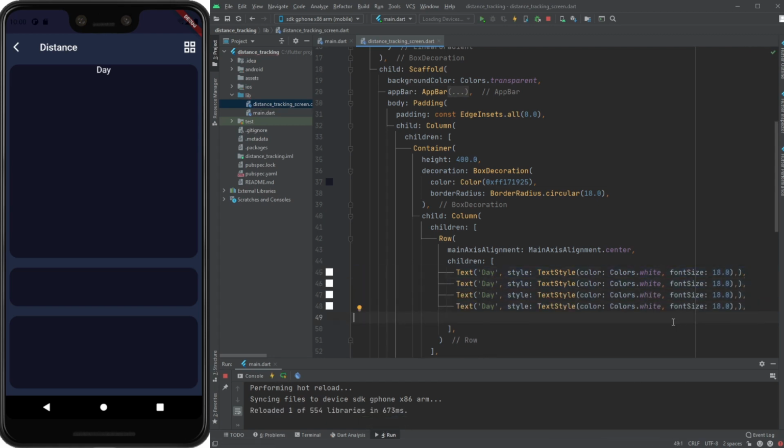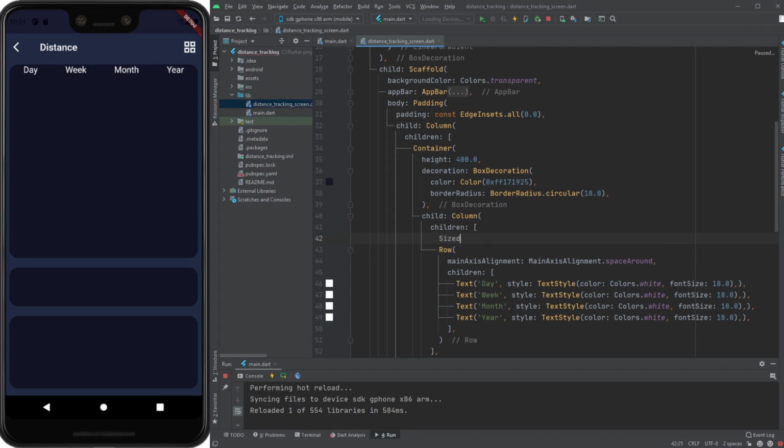And paste this 4 times, and we'll change the text: week, month, and okay, and this should be space around, and we'll set some padding, we'll give some space in the